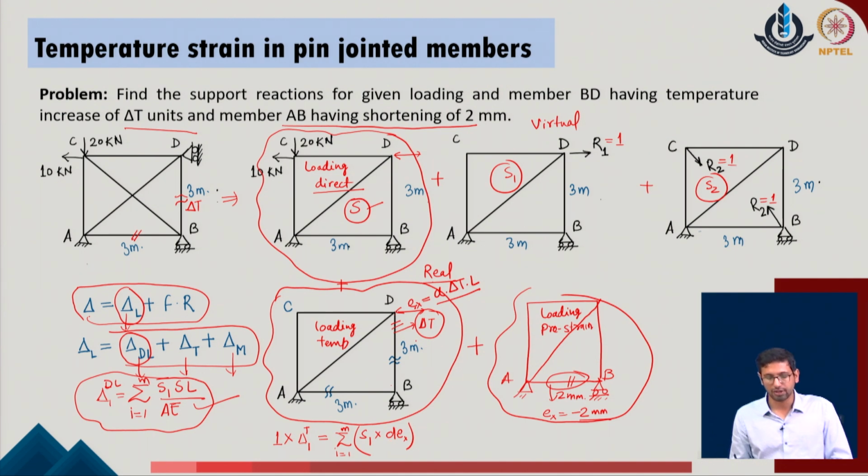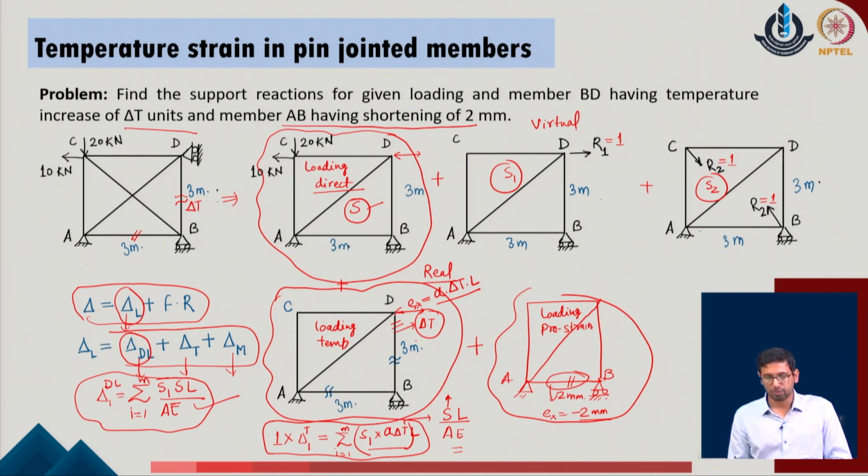If we do not want to define the d of Ex, one can directly write this expression as S L upon AE as well, where S defines the corresponding internal forces in each of the members of the given system due to temperature. Now, in order to define this parameter, we can easily write the expression that d of Ex is nothing but alpha delta T into L for the given problem, and this can easily calculate the value associated with the temperature change and the displacement in the direction of redundant 1.